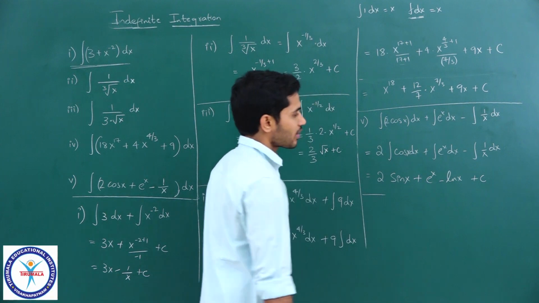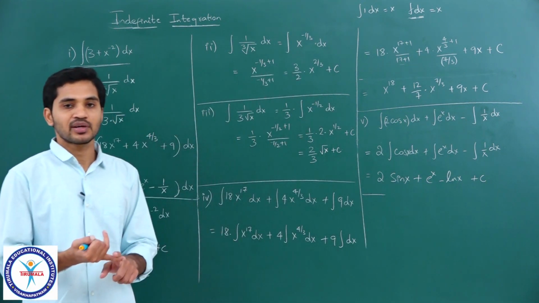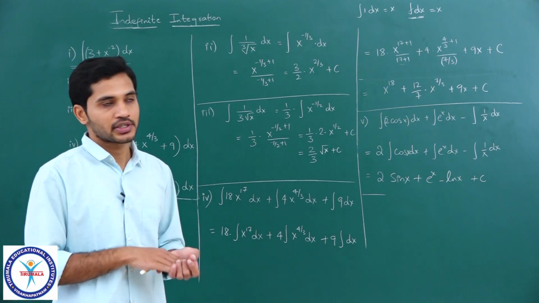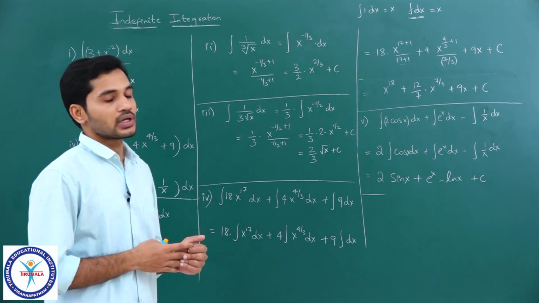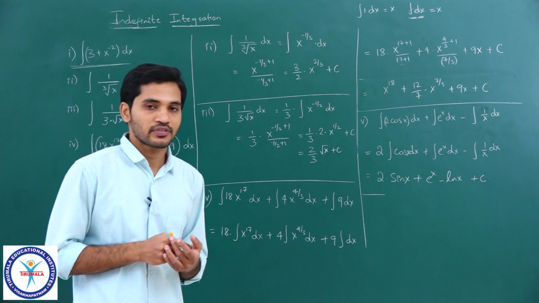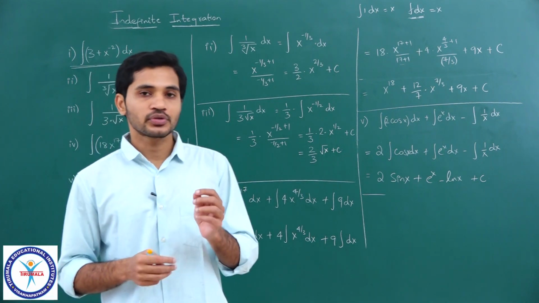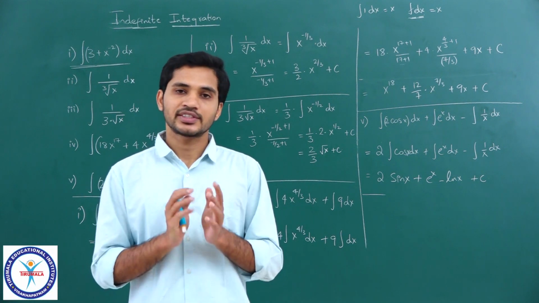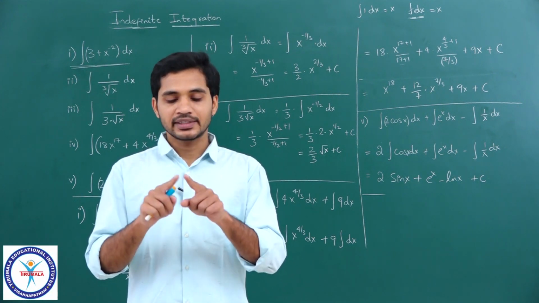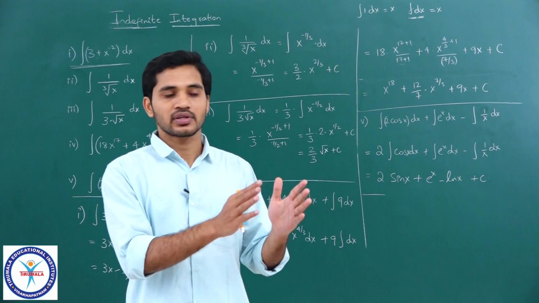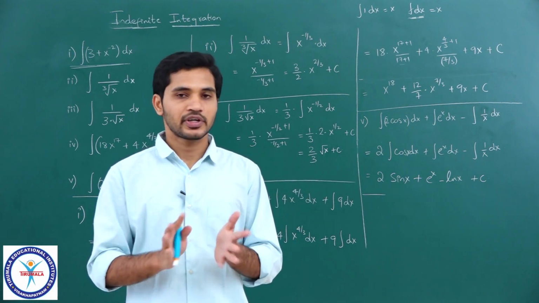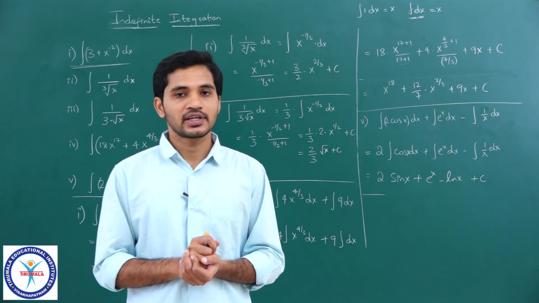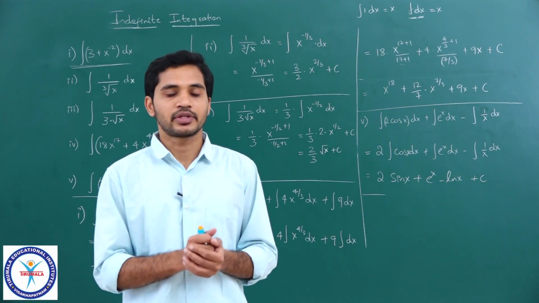So, that is it, students. We have applied only 2 rules here, one is the sum rule and the other one is the constant multiplication rule. So, this is how we do the integration of different functions. As long as you remember the basic functions correctly, this would be very simple. As I told you, make a table, write it separately on a paper, stick it somewhere, keep looking at it and you will definitely remember. It is not that difficult, right. You have learnt a lot more difficult things than this. This is very simple. Okay.